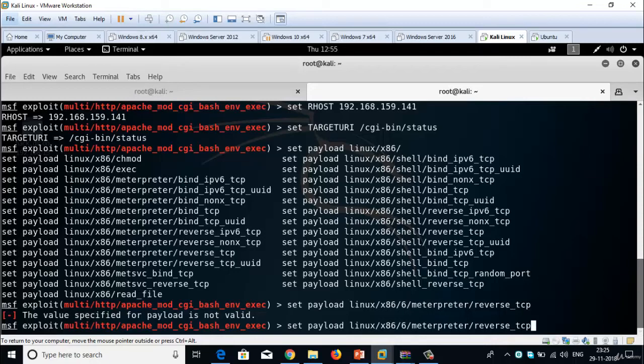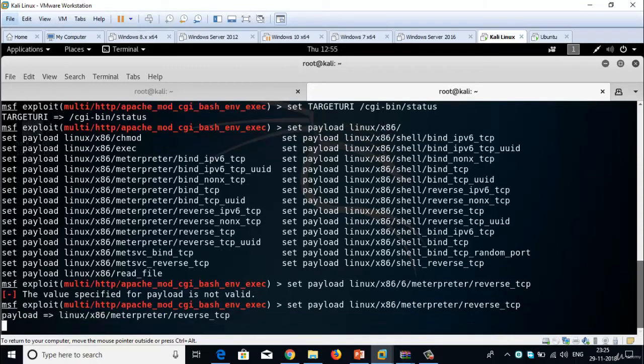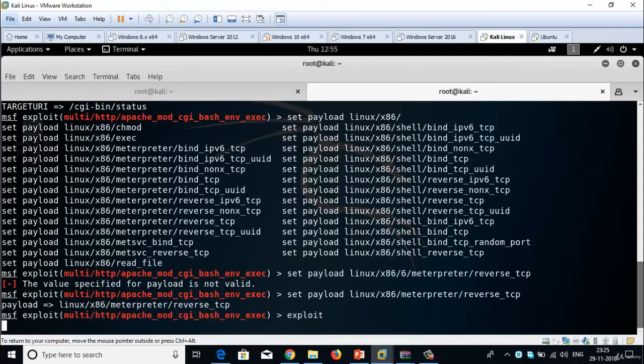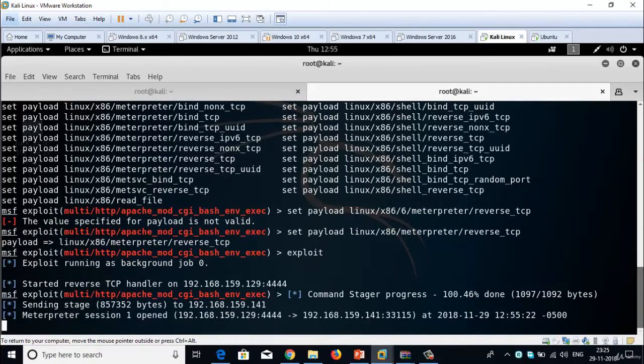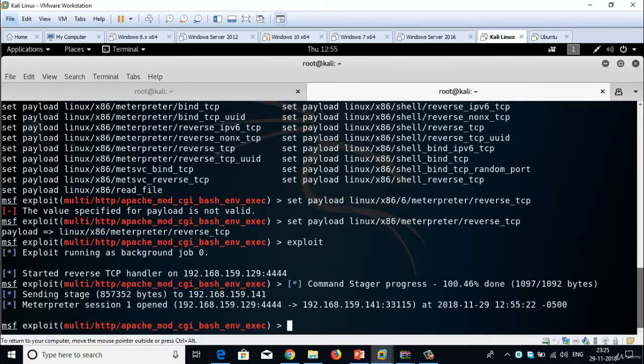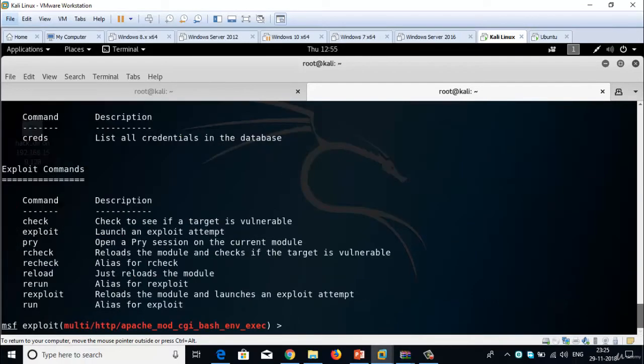Payload is not working. We need to delete 6. Just give enter. It is working. And just give command exploit. Here you can see the Meterpreter session 1 is opened, and now you can get help of the command